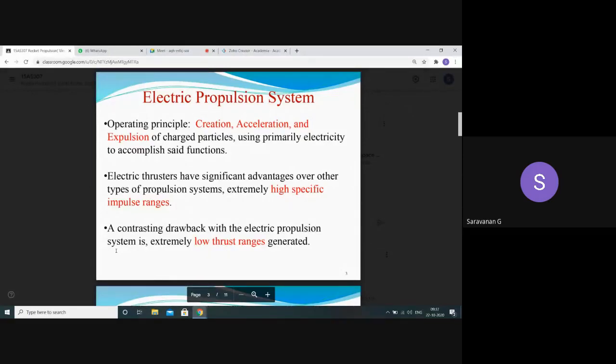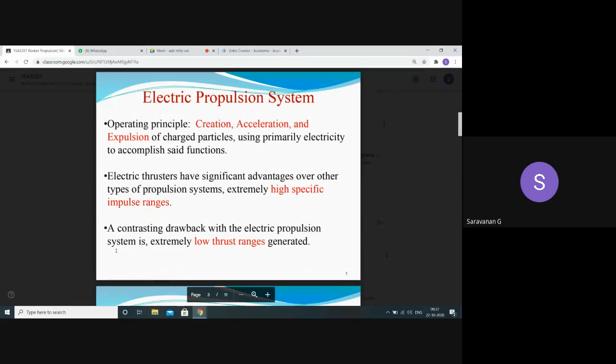Whenever you apply electric power between the cathode and anode, connected across the propellant case, we are able to heat the propellant. The process uses electricity to generate thrust. First, you create the charged particle. Second, you accelerate the charged particle using some setups or methods. Third, you expel the charged particle through the nozzle. Once it is created, it is accelerated to high velocity, then expelled to the nozzle exit. Thereby, the high-velocity jet gives thrust at the end.